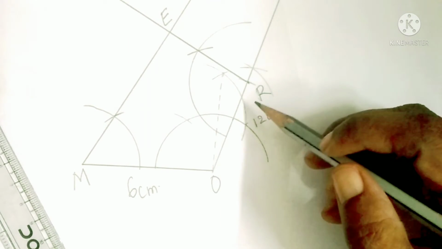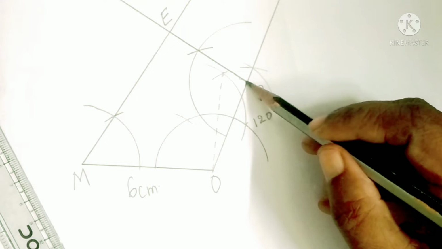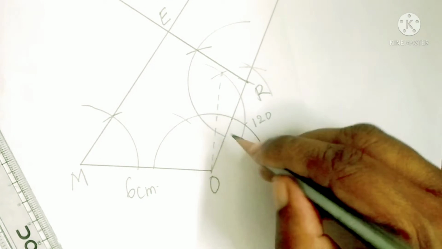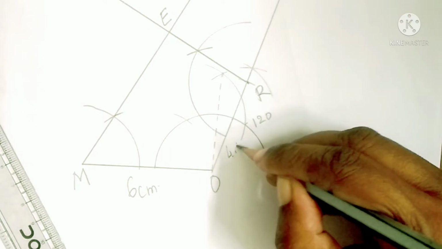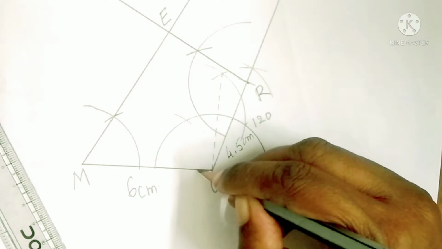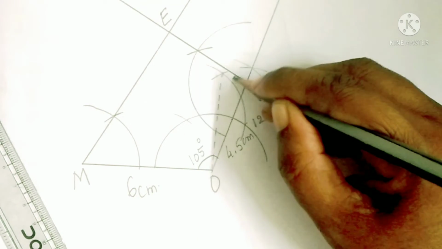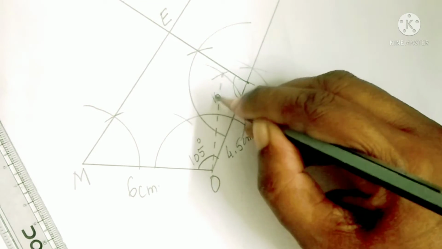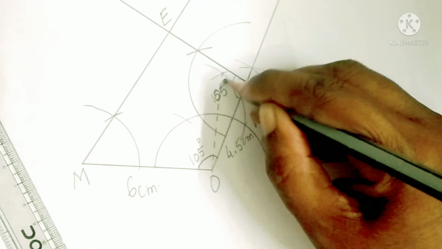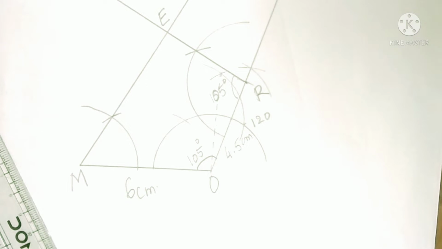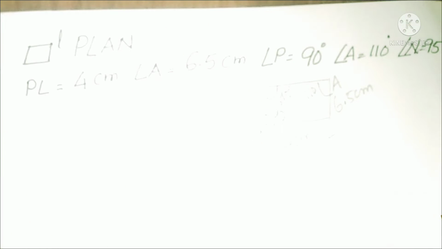So, if you do not remember equal angle construction, again here you can make 105 the way you made here. So, this is 4.5 centimeter. This angle is 105 degree, this angle is also 105 degree. Okay, so, your quadrilateral is ready. So, now you should write the steps yourself. Now, let us see question number 2.